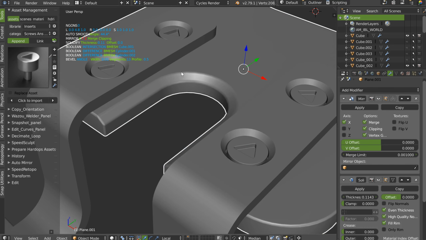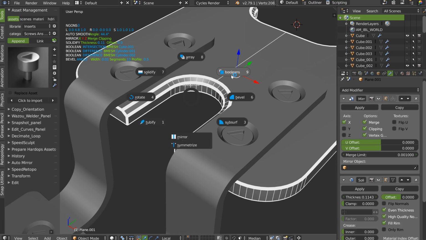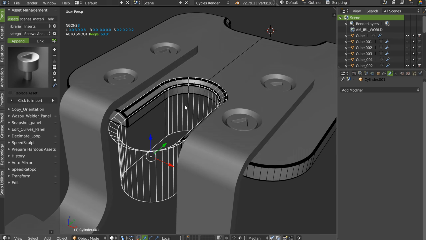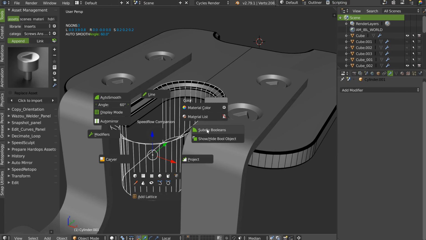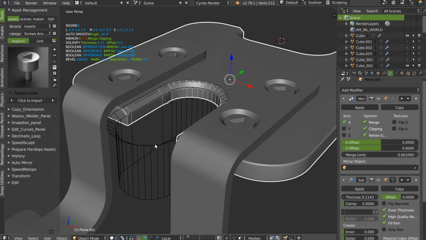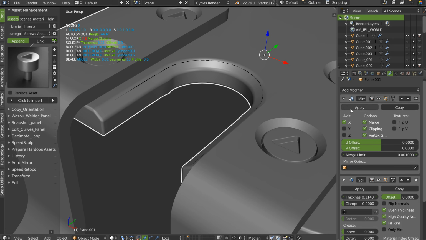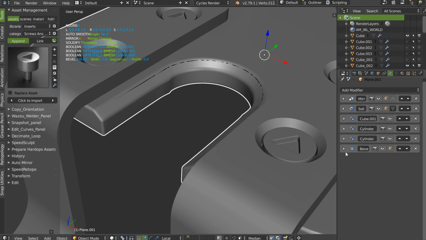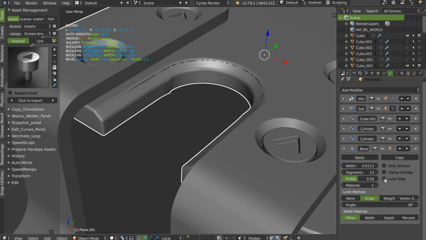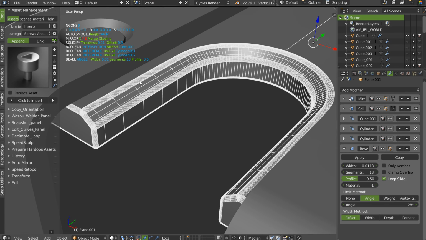If you want, you can also, for example, this one, Shift W, you don't have enough subdivision here, I will call the Boolean object, this one, and I will press subdiv booleans, and now I will have a better result. I will hide this one. I will just, on the bevel, add the loop slide like this, and maybe try to fix this result.